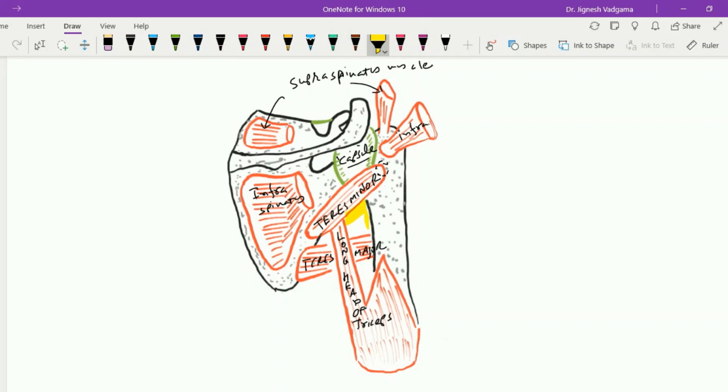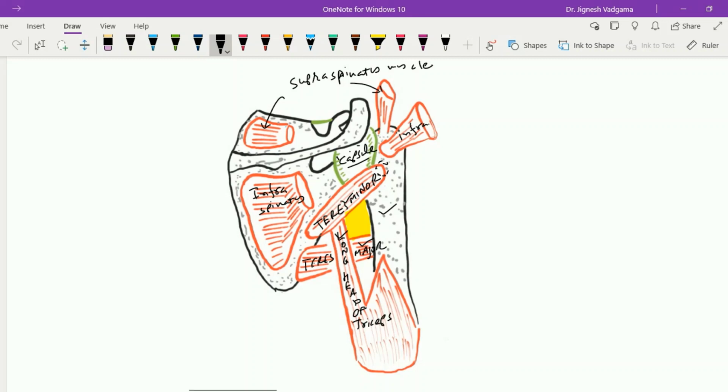is formed somewhere here between the surgical neck of the humerus on the lateral side, superiorly by the teres minor along with the capsule of the shoulder joint, and in front of the capsule of the shoulder joint we find the tendon of the subscapularis muscle. Below by the teres major muscle, and on the medial side we find the long head of the triceps muscle. So this quadrangular space is the important space, and it is the intermuscular space between these scapular region muscles,